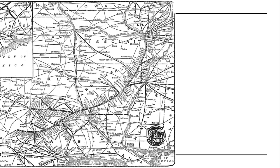And the SP would be allowed to purchase the Cotton Belt, the St. Louis and Southwestern, by issuing one Southern Pacific share for every 3 St. Louis and Southwestern shares, or 3 SP shares for every 5 St. Louis and Southwestern shares of preferred stock. And in 1932, when the transaction was finalized, the Southern Pacific would end up owning 85% of the St. Louis and Southwestern,